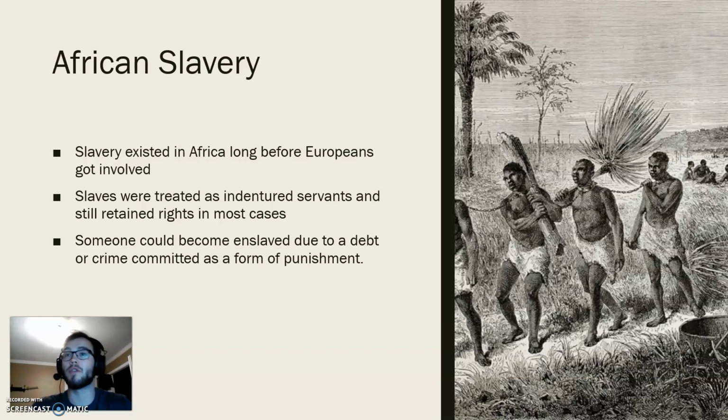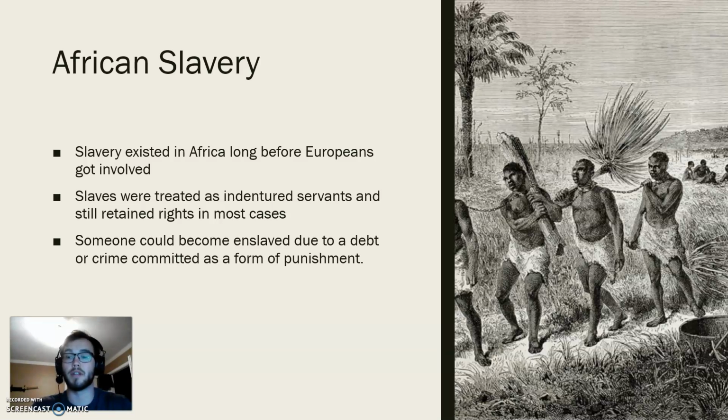Prisoners captured as a result of the constant tribal warfare were also treated as slaves and often had a lower quality of life than those who were enslaved for regular crimes or debt. This isn't quite as bad as it sounds, however. Slaves in Africa were treated as indentured servants in most cases and would even be considered part of the household. Children of slaves born in this situation could become closely attached to the family and even rise to prominent positions in society. This level of respect was not given by Europeans to the slaves they purchased, as you will see